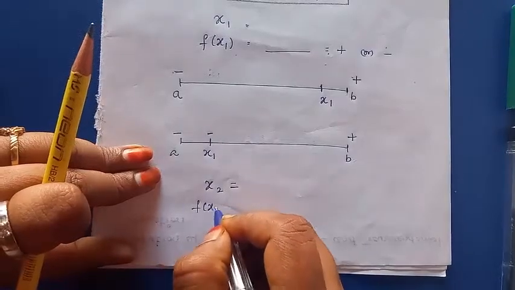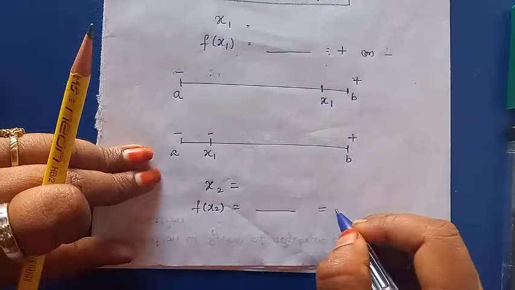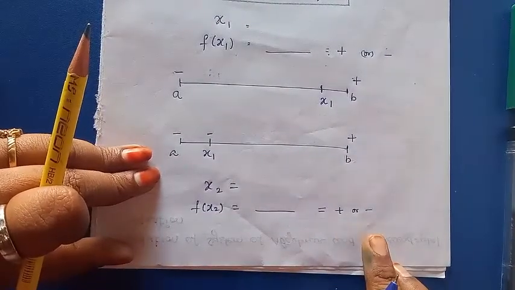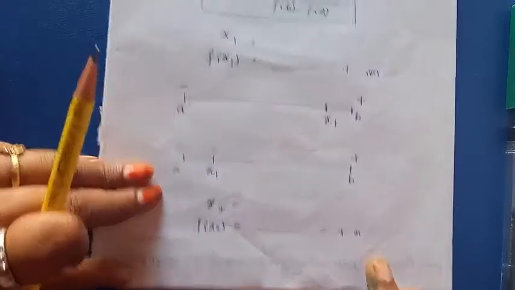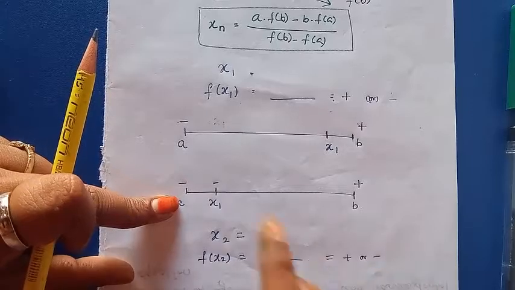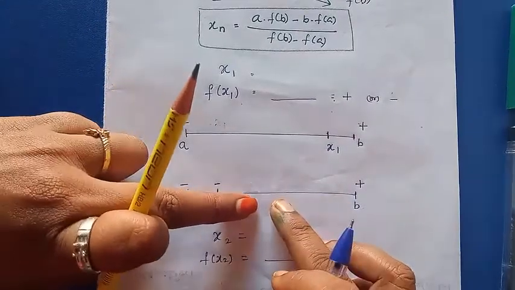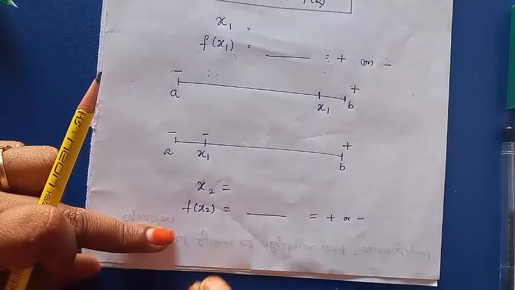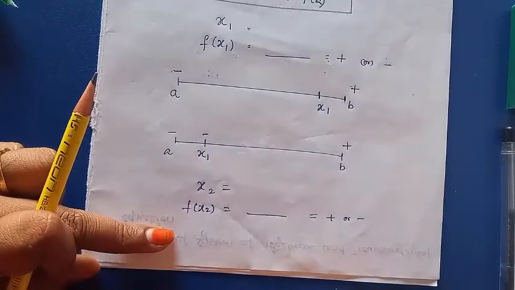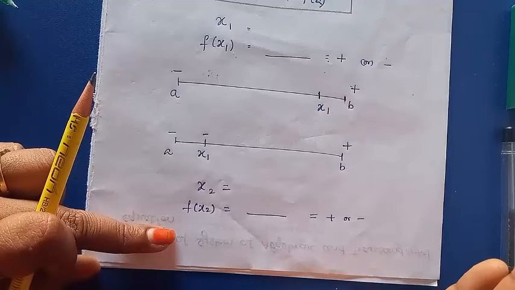Substitute the value of x2 in the given function to get f of x2, and then get the sign of the answer, whether it is plus or minus. As usual, plus or minus decides in which direction you are going to move. You know, on the left side you have minus, and on the right side you have plus. Depending on the sign, you fix the value of x2 near x1 or b and continue towards each other. This procedure is repeated until the root is obtained to the desired accuracy. It means once the approximated value gets repeated, it shows that we have reached our target, which is the root of the equation.